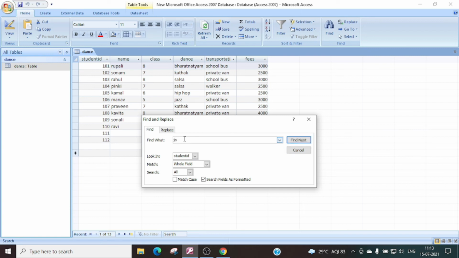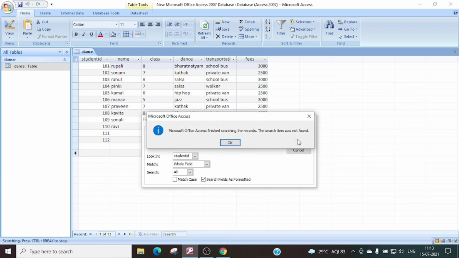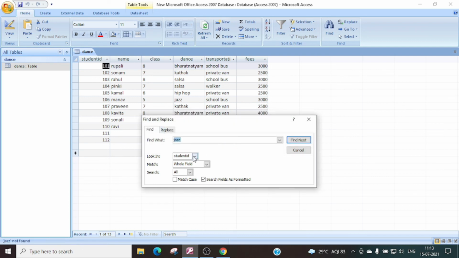I want to find jazz, so once you click Find Next, it will ask Look In. It says student ID, but I want to look in the dance field, match whole field. Now I will click next, then it will highlight the particular record if it is available in the database.